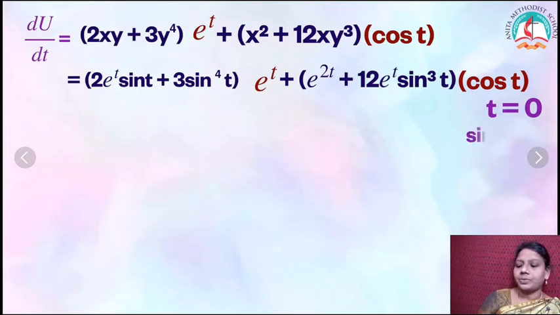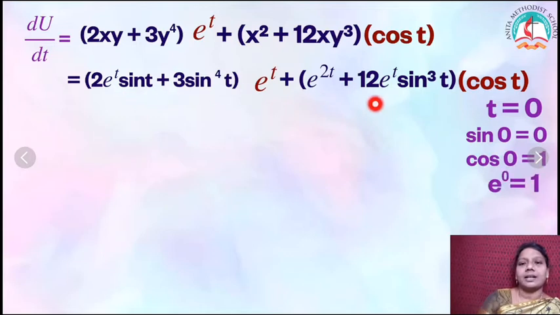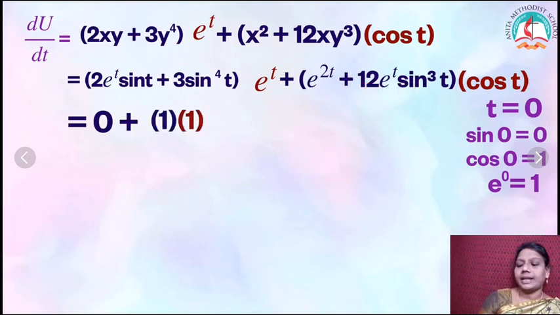So we are going to substitute those values in the given value. What value did we get? If I am substituting here sine 0, 0, sine 0, 0. Anyway, the addition of 0 values will be equal to 0. Now here, for cos alone, we'll get the answer equal to 1. For here, e to the power 0 is nothing but 1. Therefore, we can get 1 into 1. So what is my answer?